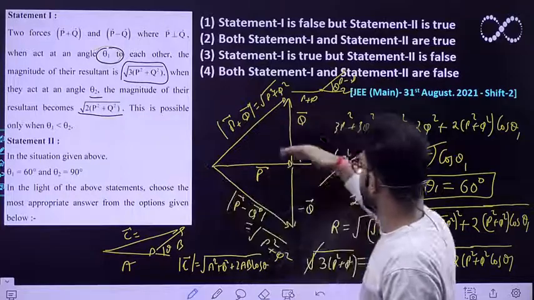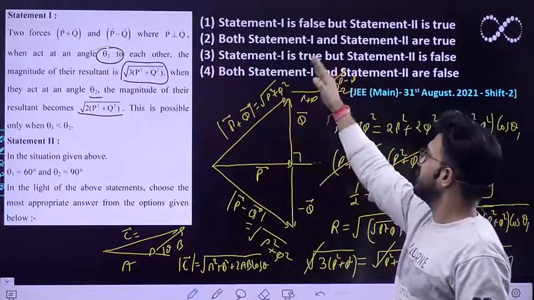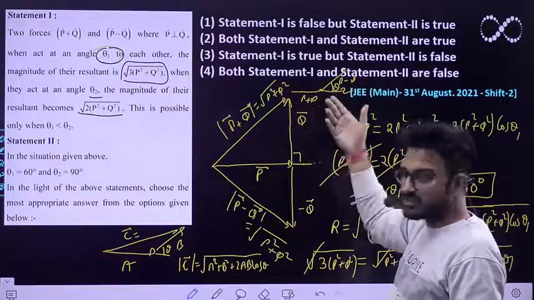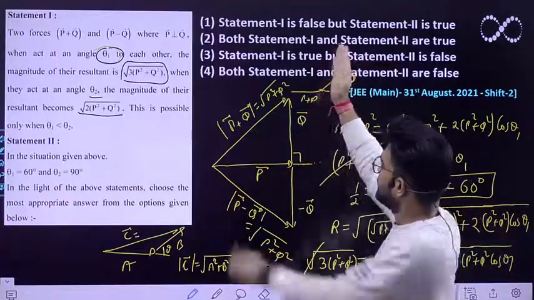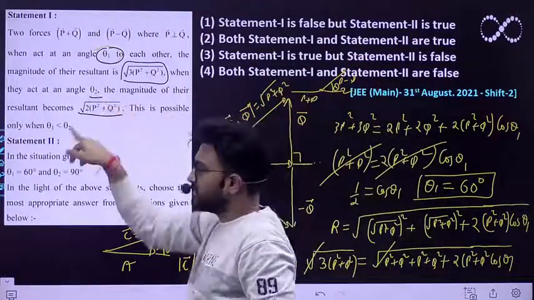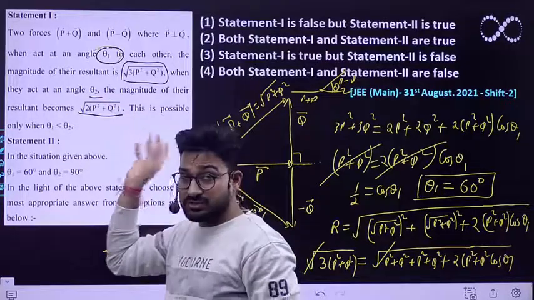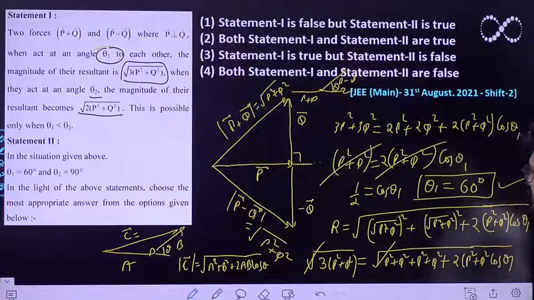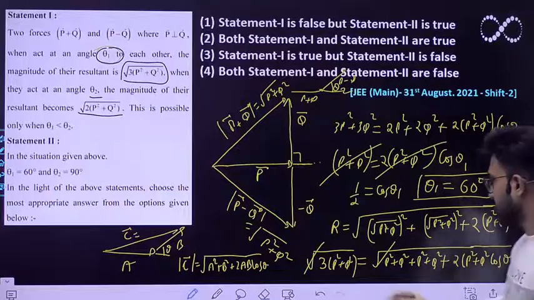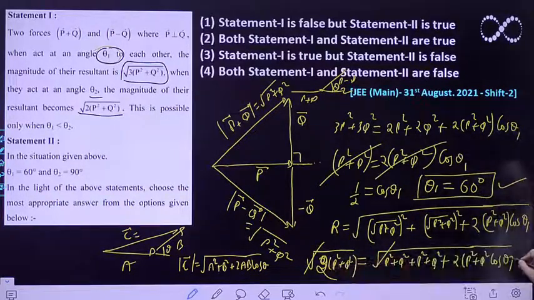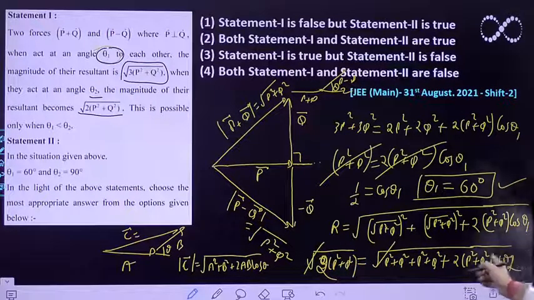Okay, because if the angle is 0, the resultant would be the addition of these two. If the angle keeps on increasing, this resultant will keep on decreasing. If the resultant is decreasing, that means this angle is increasing. So that means theta 2 is greater than theta 1. Okay, and theta 1 also comes out to be 60 degrees. Now you can easily find out the value of theta 2. Okay, what you can do is, here the resultant was 2. Okay, now again you can solve it.